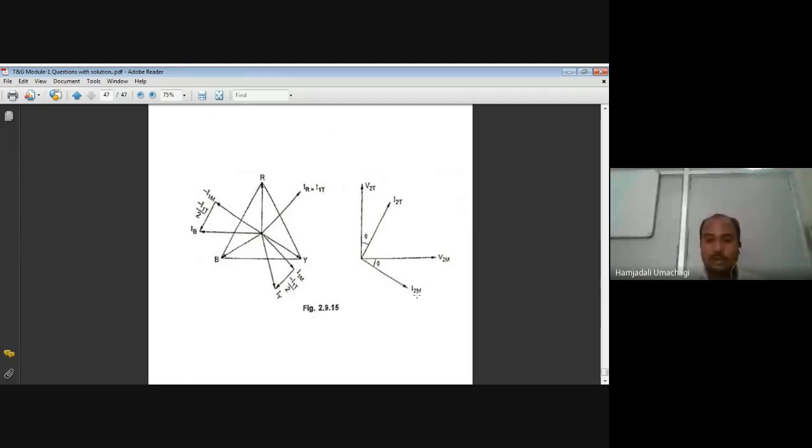Similarly, the secondary current of the main transformer lags the secondary voltage of the main transformer by an angle phi, because both transformers are connected with 0.7 lagging power factor. Because of that, the current I2M lags V2M by an angle of phi, which is of the main transformer parameters. Similarly, here the secondary current of the teaser transformer I2T lags the secondary voltage of the teaser transformer by an angle of phi. This is of the teaser transformer.